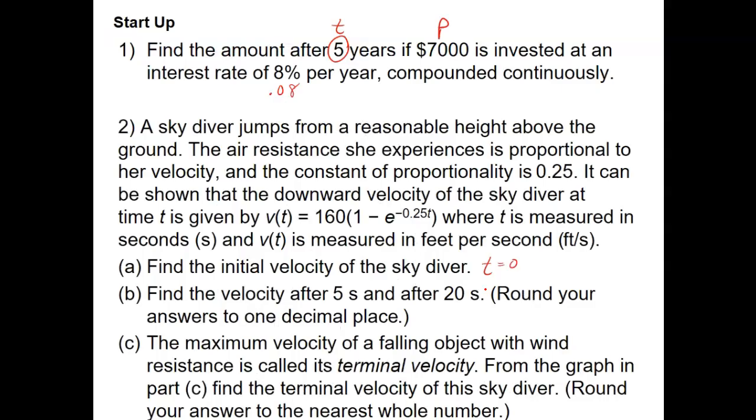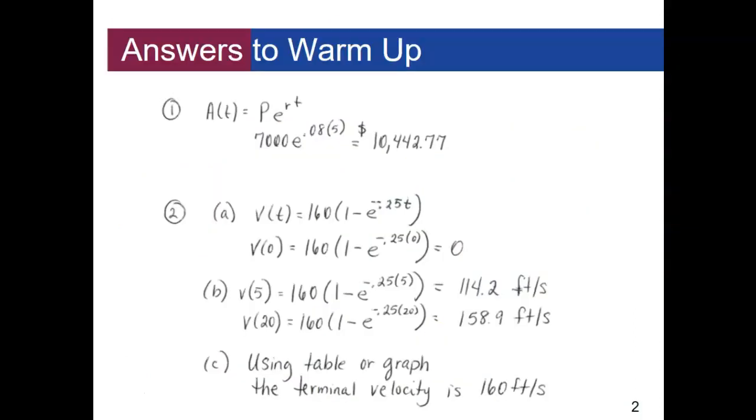And then finally, the maximum velocity of a falling object with wind resistance is its terminal velocity. So we want to look at the graph and find the terminal velocity. Basically, that's that value we looked at last class where it kind of levels off on the graph. So if you're looking at the graph, you'll see that it levels off about 160. So 160 feet per second would be that maximum velocity, or the terminal velocity that it levels off